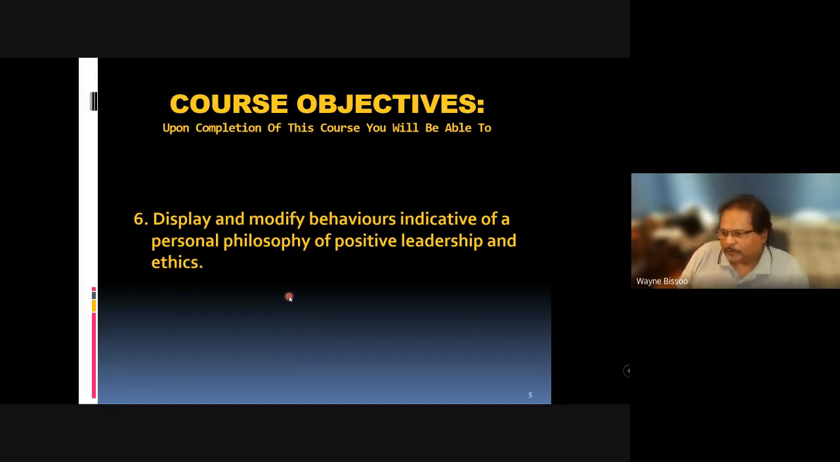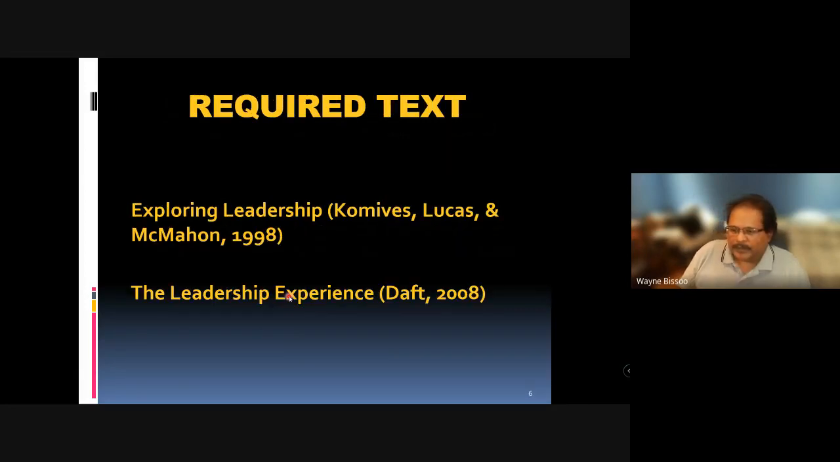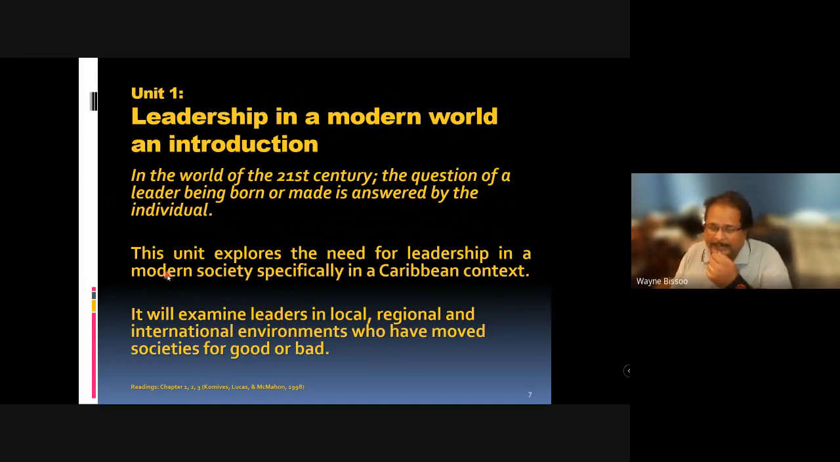All right, so let's move along from here. These are the two textbooks. The two downloads that you have are the Exploring Leadership text, which is the main text, and then we are doing a couple of chapters out of The Leadership Experience from Daft. So those are the two textbooks that we're going to explore a number of chapters from. So this is an exploration of the first chapter already, and we started off by looking at